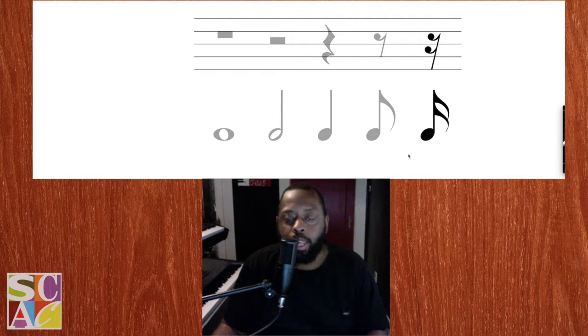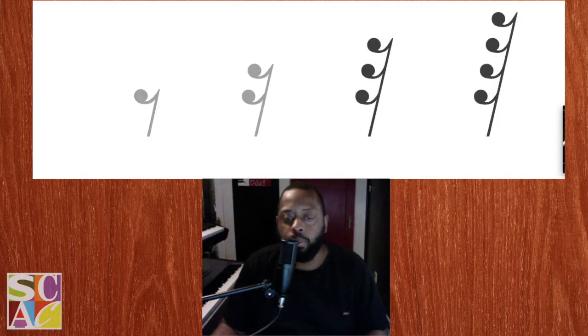And finally, in this example, we have the 16th note with its 2 flags. And also, here is the 16th rest. Now, I want you to notice there are 2 of these little curly cues. This represents 1/16 of rest. Now, I'm going to show you one more thing, as I showed you earlier in the note segment,